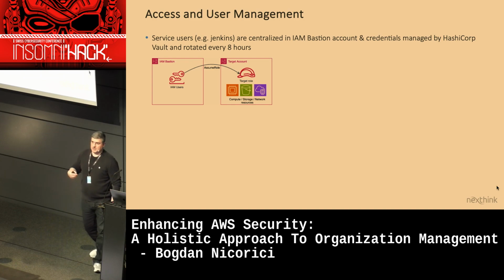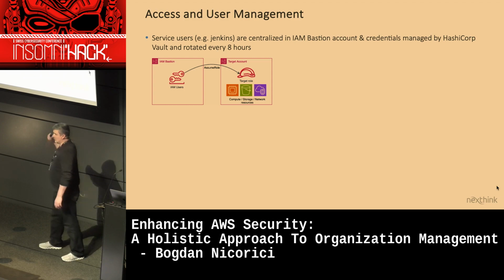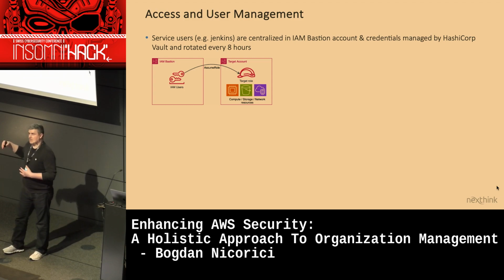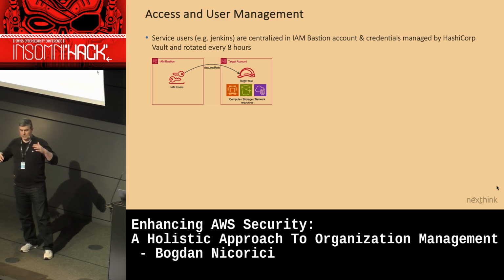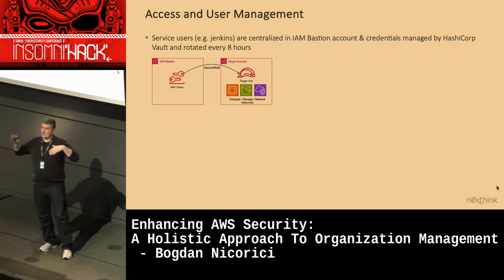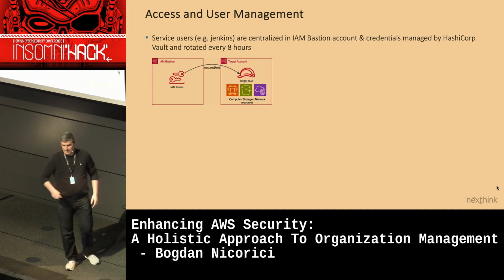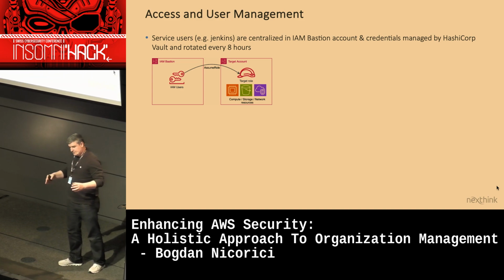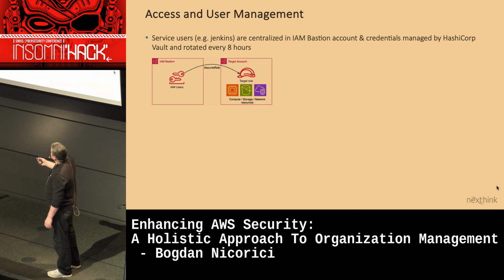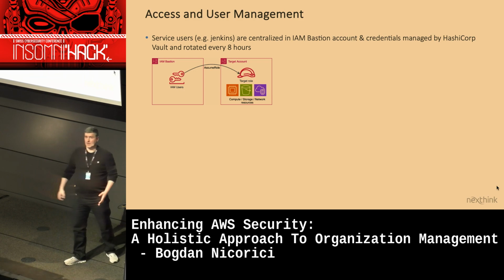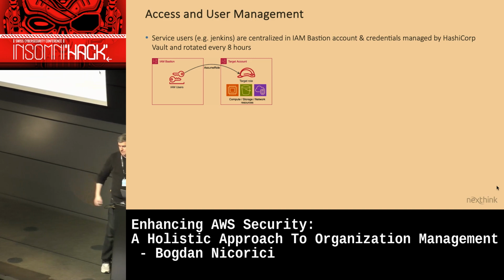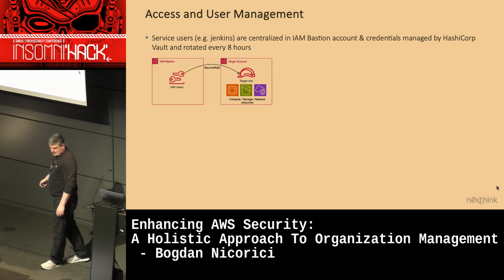And that's almost transparent for Jenkins. So each time Jenkins asks for the credentials, Vault will give it the credentials, but in the backend, Vault will do the management between two keys and doing the rotation every 8 hours. So the way the workloads will work is that they will have the key that they got from Jenkins, which is actually provided by HashiCorp Vault. And on top of that, you can have really cool policies on HashiCorp Vault. They need to assume a role in the target account that will allow that specific system to do X and Y actions in the account.